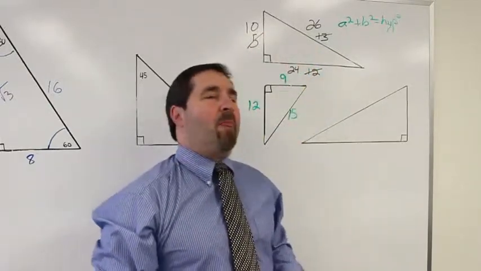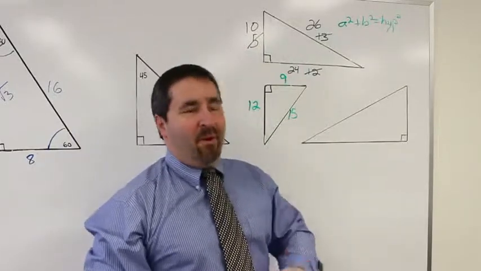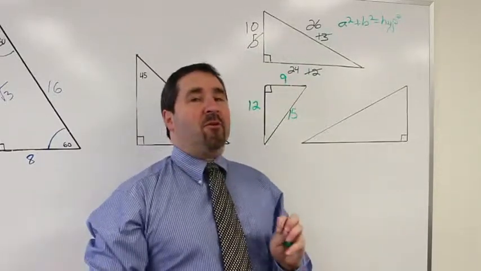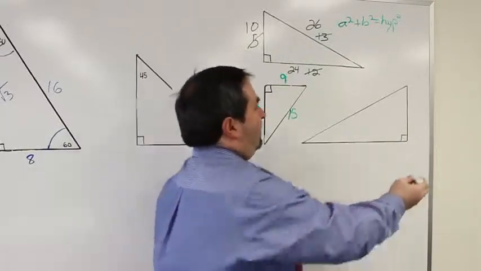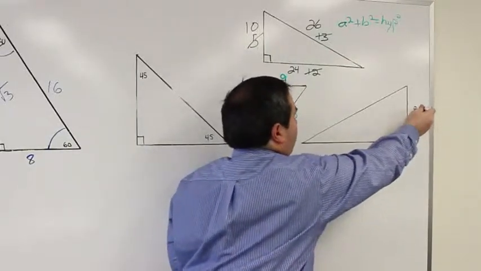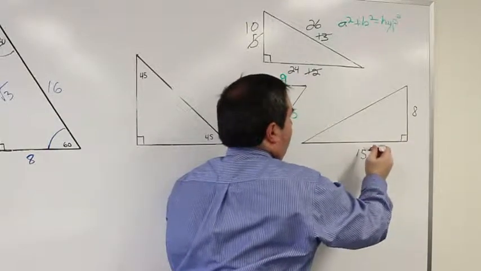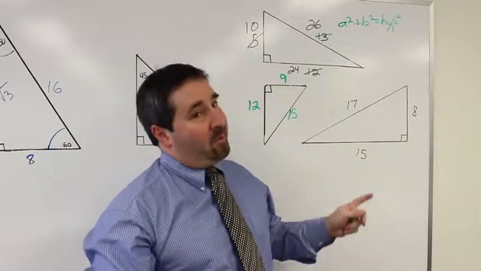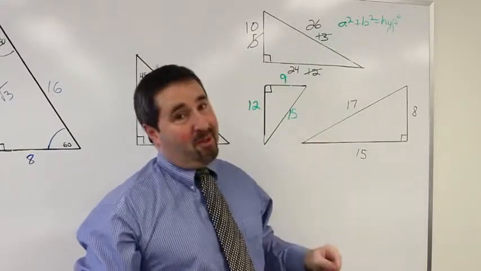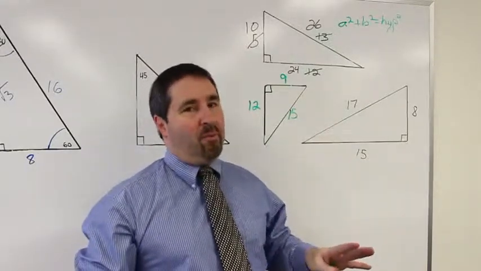One last one. SAT hasn't used it in a long time, but out there's another Pythagorean triplet. It's the 8, 15, 17. Looks kind of like this. And if you do the math, indeed, 8 squared plus 15 squared equals 17 squared. I don't think they'll go higher proportions on that.